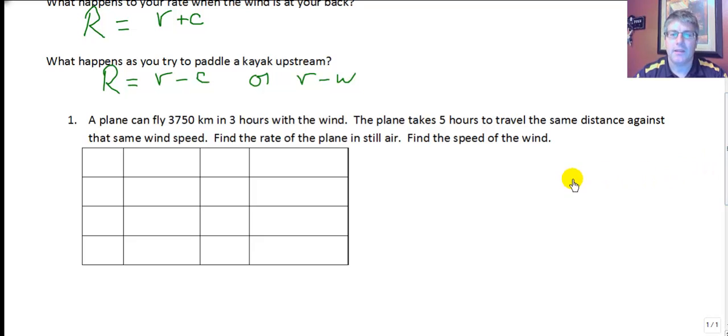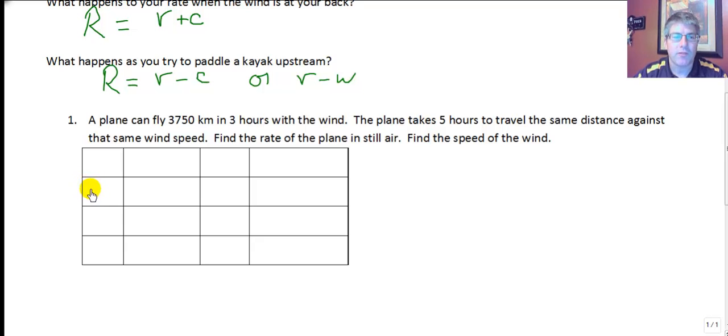So let's take a look at this first word problem. A plane can fly 3,750 kilometers in 3 hours with the wind. The plane takes 5 hours to travel the same distance against that same wind speed. Find the rate of the plane in still air. Find the speed of the wind. Okay, so